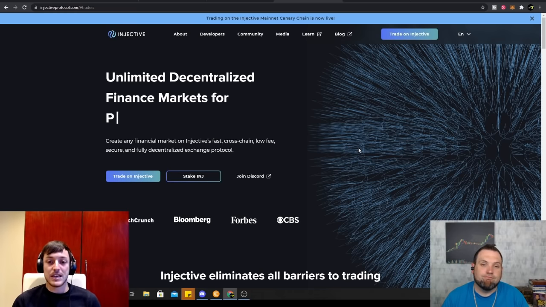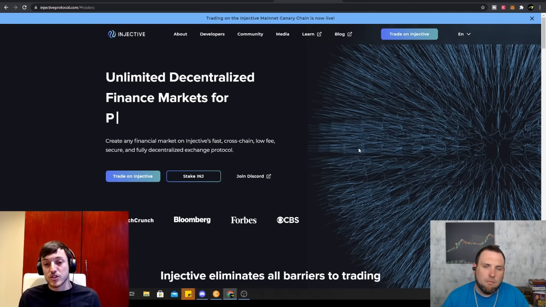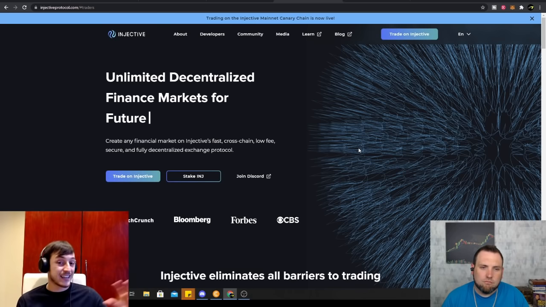The idea of Injective is they're positioning themselves in the middle of multiple different blockchains, and then they're going to have derivative products from loads of different blockchains all traded on the Injective exchange, mainly with Ethereum and Ethereum assets first of all. But they're built in the Cosmos ecosystem, so they'll enable IBC, which connects Cosmos blockchains. So Cosmos assets can come over to Injective. And they've even got partnerships with projects on Polkadot, for example. So they can then go and get assets and derivatives from different ecosystems, essentially.